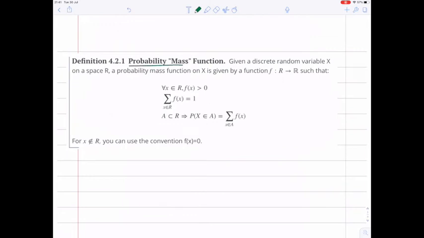A probability mass function, given some discrete random variable x on a space R. Okay, so remember we've got our sample space, and we map via our random variable x to some space R. A probability mass function on x is a function going from R to real numbers